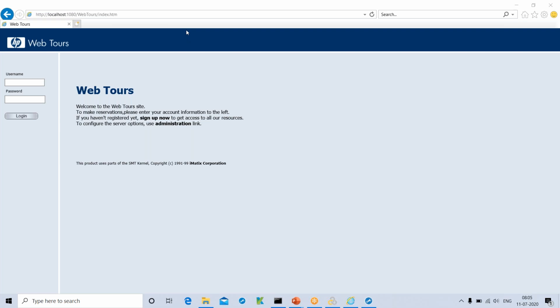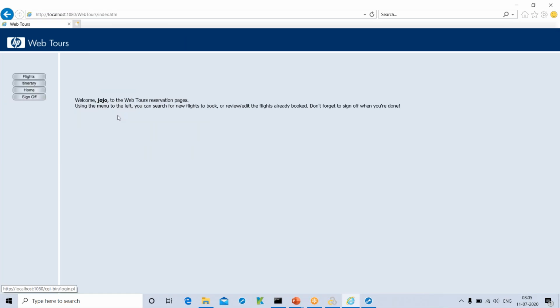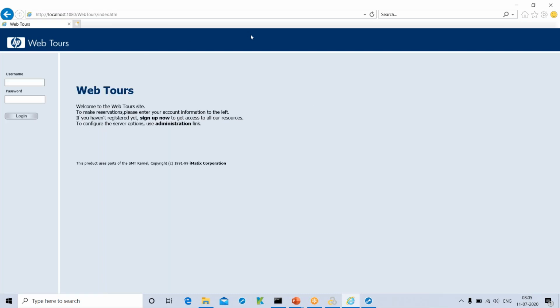So I'll try to log in first and see how it works. I'll log in with user ID and password, and then I'm able to see the home page, and then I'm signing off again. So this is a sample of launch, login, and log off functionality. I assume most of you or some of you are functional testers or manual testers, from that background.